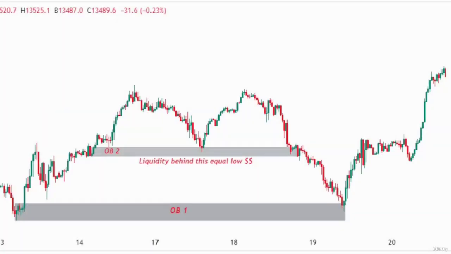In this example, we are using the 30-minute Nasdaq chart. We have two bullish order blocks. Market makers mitigate this second order block first and created a support line on purpose to create sell-side liquidity. Price showed this green candle as a fake bullish reaction. After taking the sell-side liquidity, price reached the first order block and made this bullish reaction.